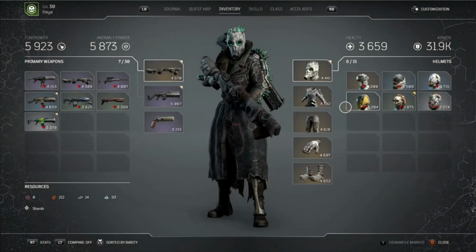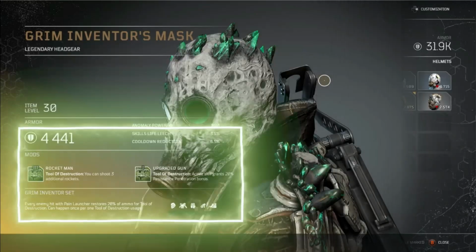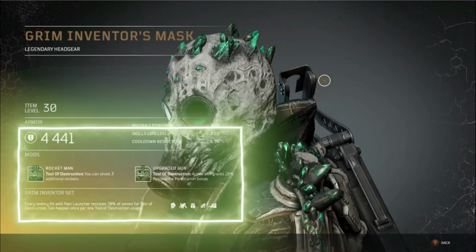For this first set then we have access to two different pieces for it. It's called the Grim Inventors set. Looks to be based around the Tools of Destruction skill. Now if we look at the mask on this, you've got the first mod, which is Rocket Man. So with this Tool of Destruction you can shoot 3 additional rockets, and then you've got upgraded gun, again buffing Tool of Destruction. With this, active skills grant 20% resistance penetration bonus,